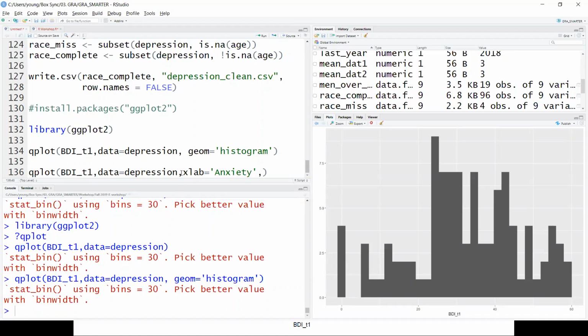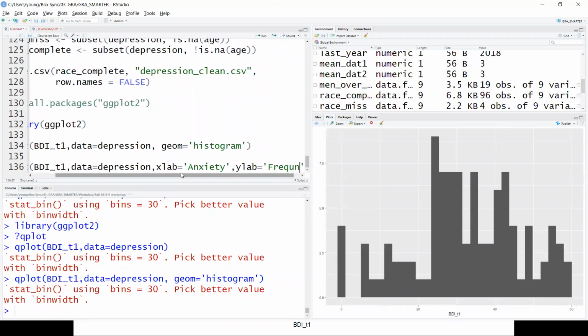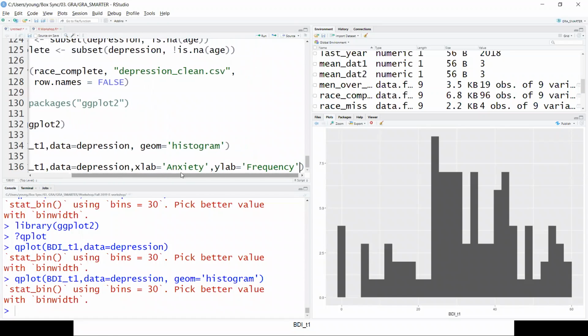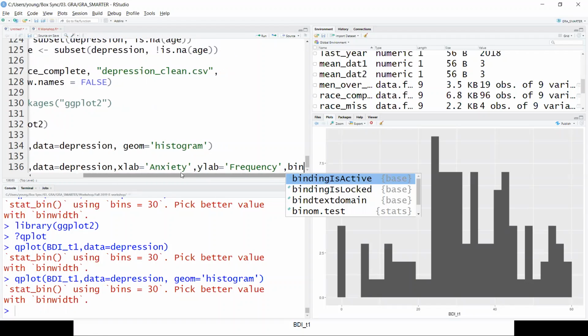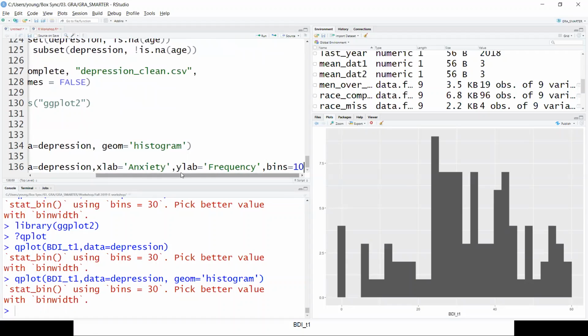So I can add that option and I can label the y-axis. I can maybe, you know, maybe I only want 10 bins. So right, bins equals 10. I should put this on several lines.